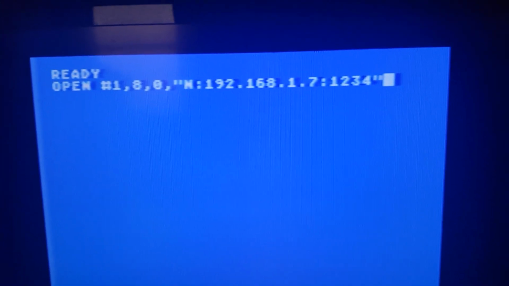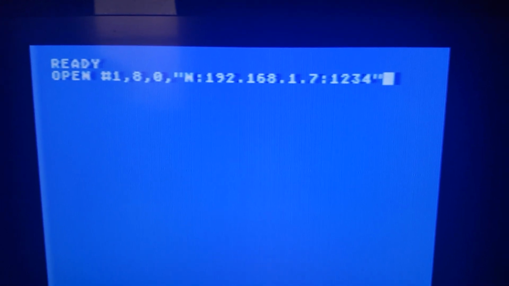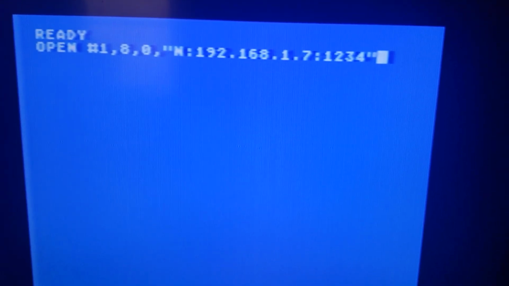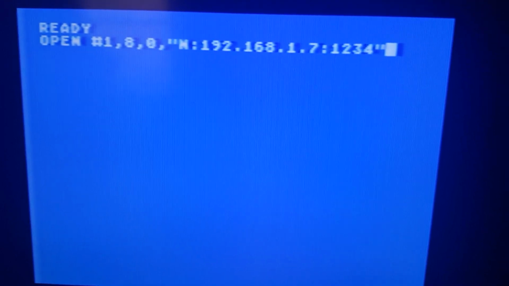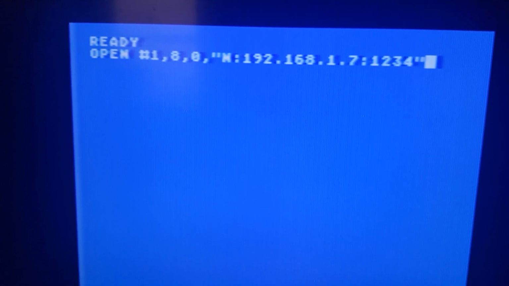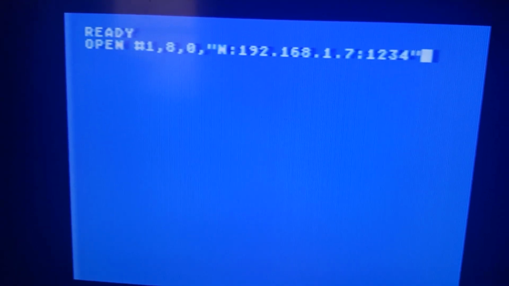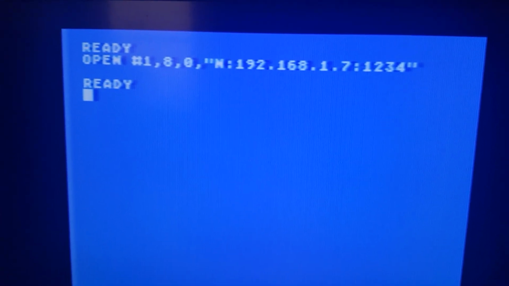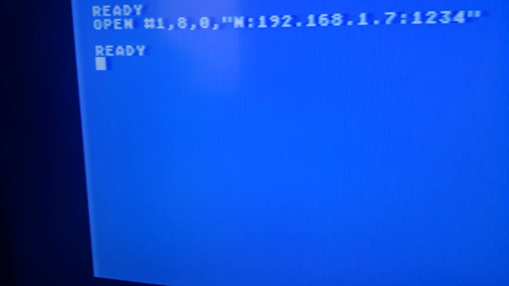Since this is a test program, I'm not really checking the aux bits to see what they are. This is just going to assume that we're going to write to it at some point. It really doesn't matter, but it shows that CIO itself doesn't care what auxiliaries you pass, just that you deal with them. So what that actually does is send an SIO write request to the peripheral, which causes